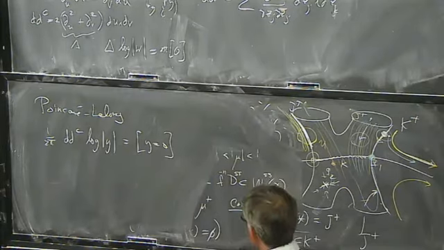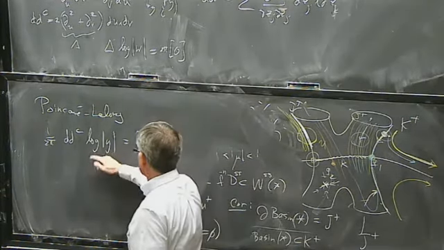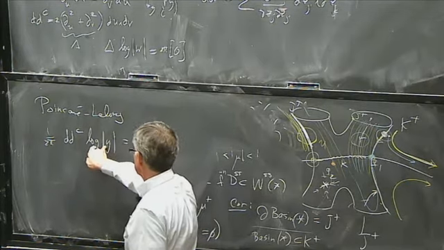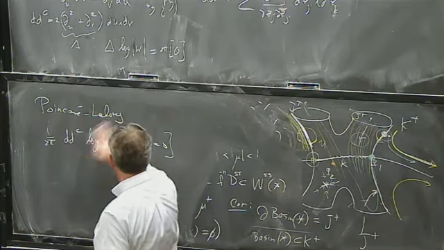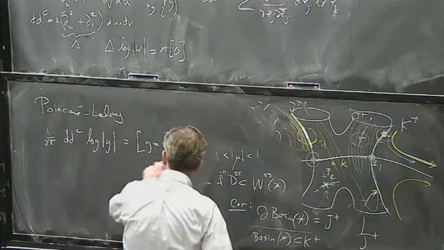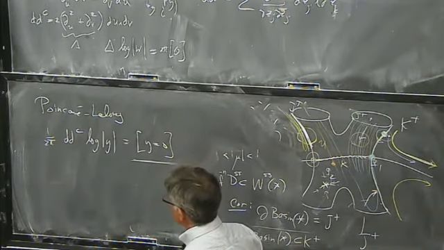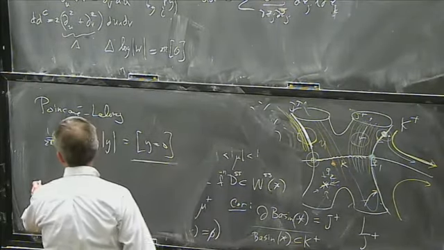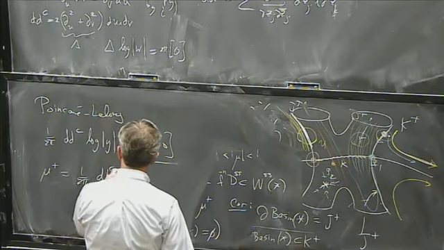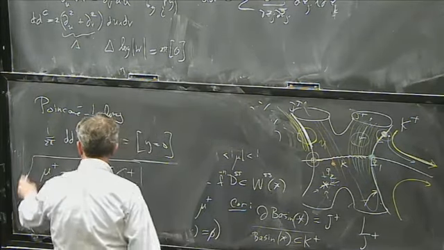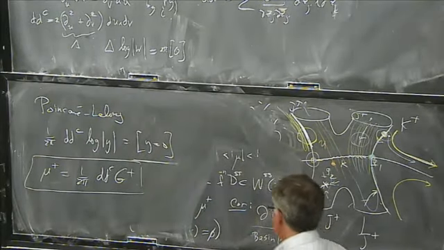So here I start out with a scalar function. Well, let me not get into that. So I have y equal to 0 like this. And so my current, mu plus, in fact, is going to be 1 over 2 pi d dc g plus. Let me just tell you, that's exactly what I'm going to have for d dc g plus. Now,